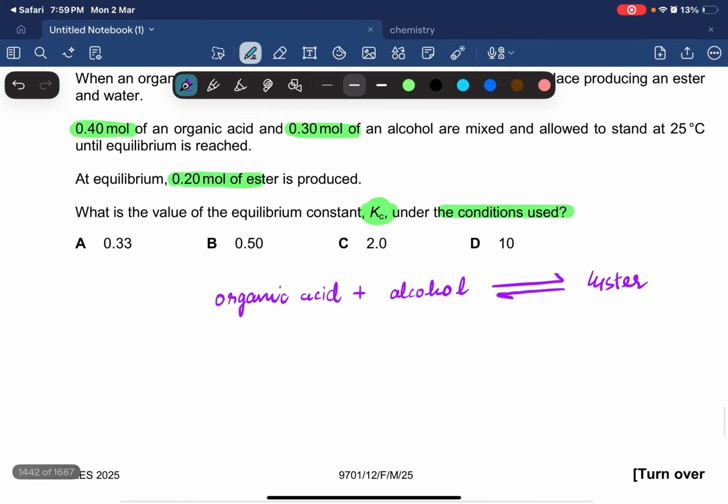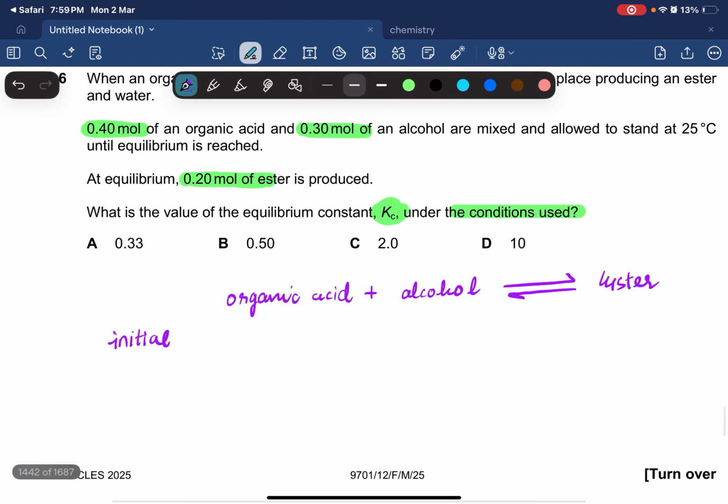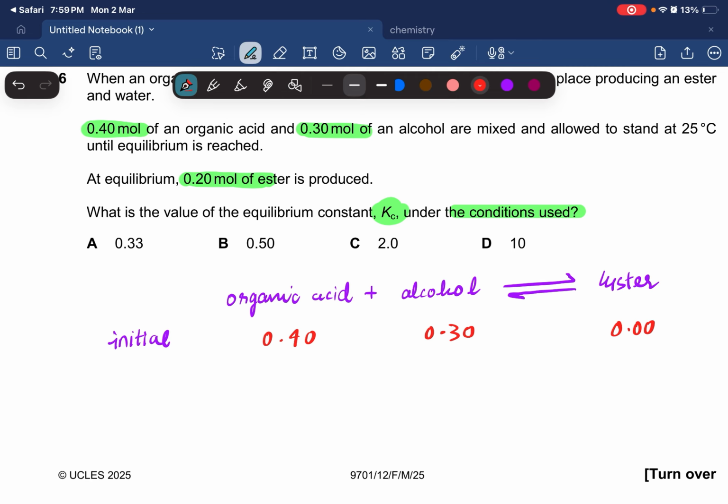Okay, so first the initial moles of organic acid are 0.4 moles. For alcohol they're 0.3 and for ester they're 0. Okay, at equilibrium 0.2 mole of the ester are produced. So now the change in moles we don't know right now, but the equilibrium moles we know that for the ester they are